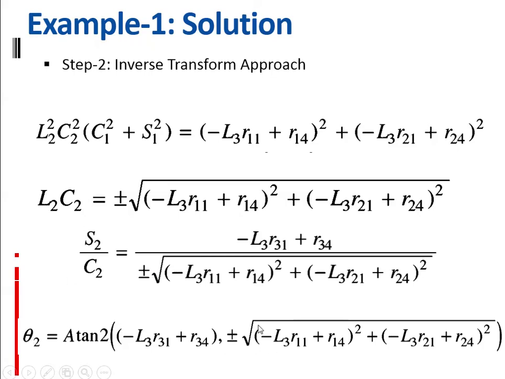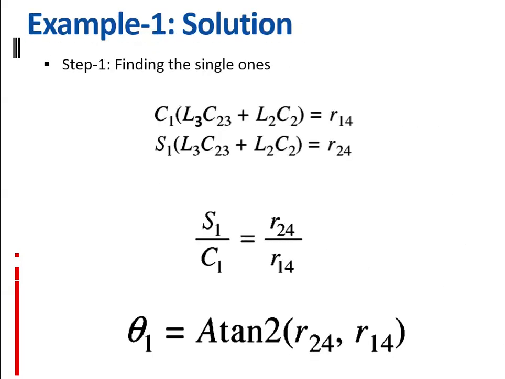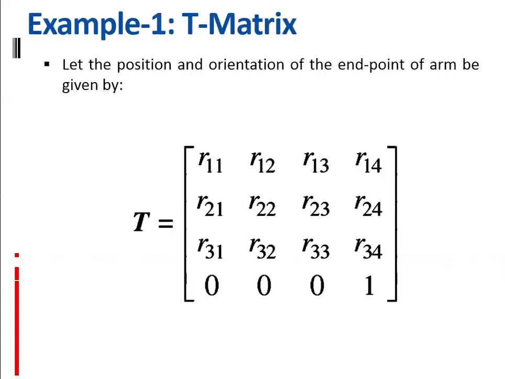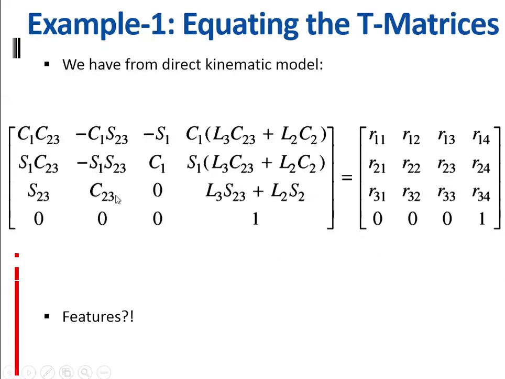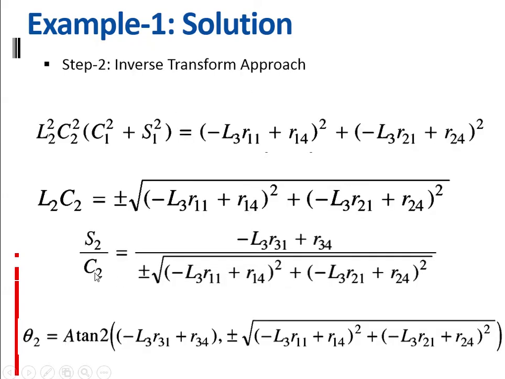Now the only thing left is theta 3. That can be done in a different way, but simply for theta 3 you have taken sin theta 3 by cos theta 3. That means R31 by R32, you will get simply theta 2 plus theta 3, because this is nothing but tan of sin theta 2 plus theta 3 by cos theta 2 plus theta 3. That means theta 2 plus theta 3 will be equal to atan. So theta 3 will be obtained like this. Theta 2 you already know. So in this way you have obtained all the angles theta 1, theta 2, theta 3.